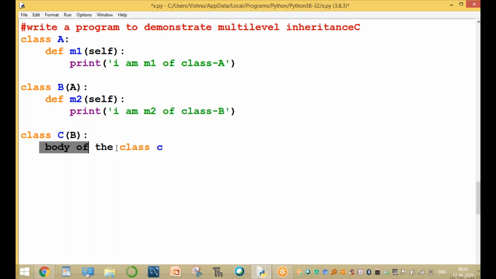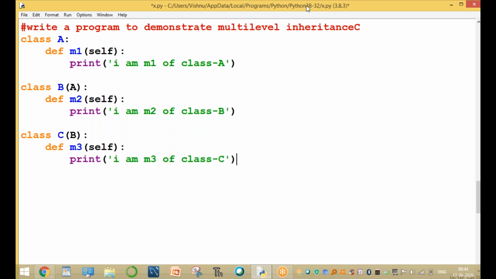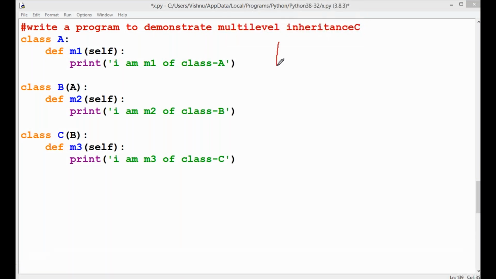Clear. Now here, for example, def M3 with self, print, I am M3 of class C. Now in the first class A, only its method M1 is present.